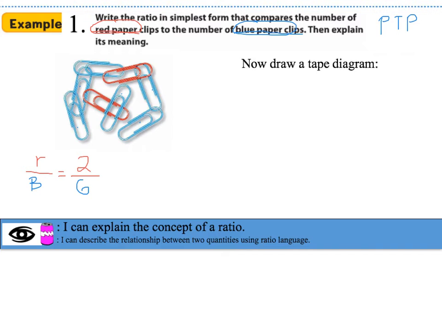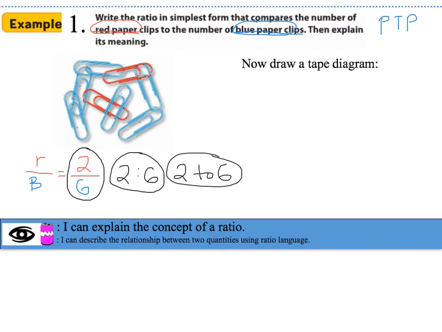So this is one way to write the ratio, 2 over 6. But we can write it 2 other ways. I can write it using a colon, 2 colon 6. That's the second way. And I can write it as 2 to 6. That's the third way. Now remember, we're dealing with fractions, so we want to make sure that our fractions are